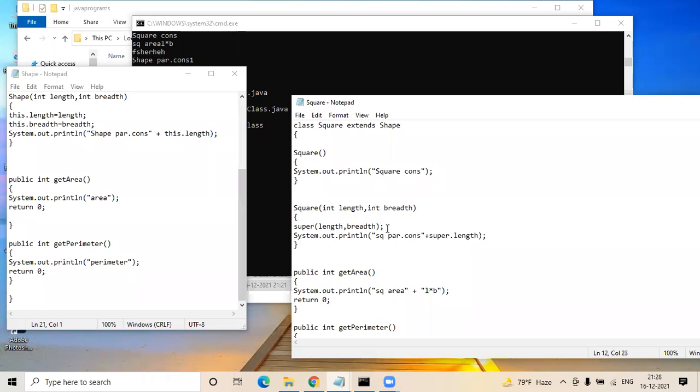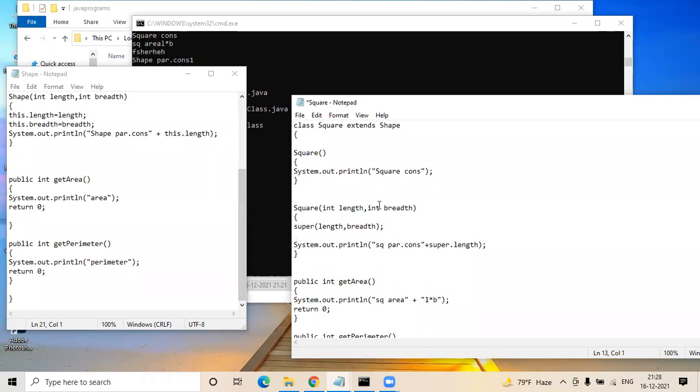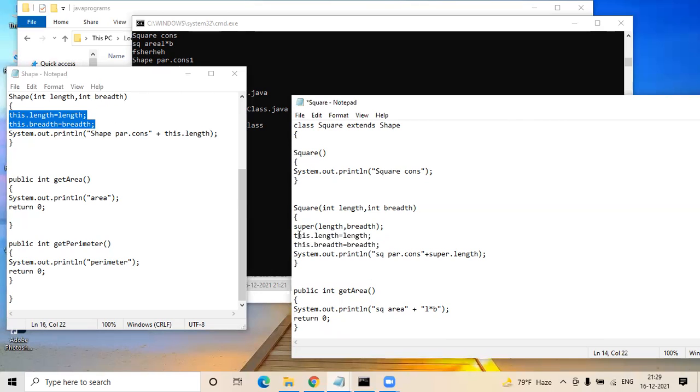You can copy paste those 2 lines from your shape class. Paste it. And now in your sys out, just replace the super with this dot length. Yeah, and you can save it.